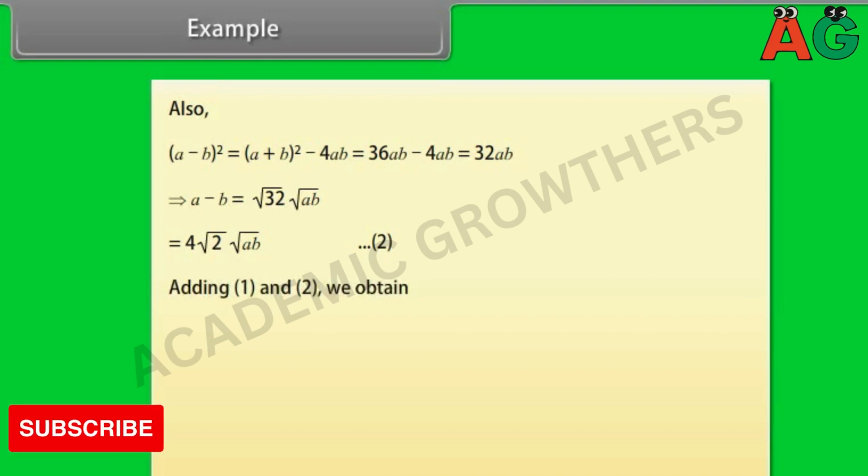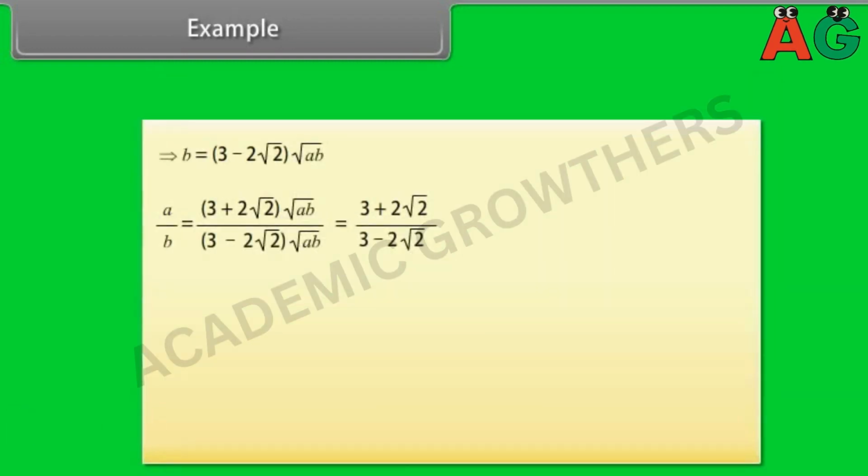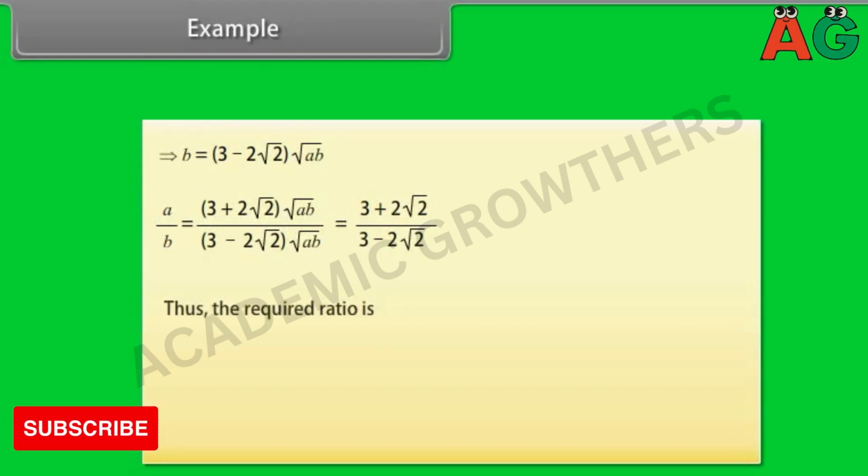Adding 1 and 2 we obtain, substituting the value of A in equation 1, we obtain A by B is equal to 3 plus 2 root 2 divided by 3 minus 2 root 2. Thus, the required ratio is